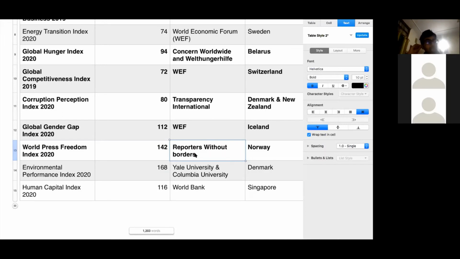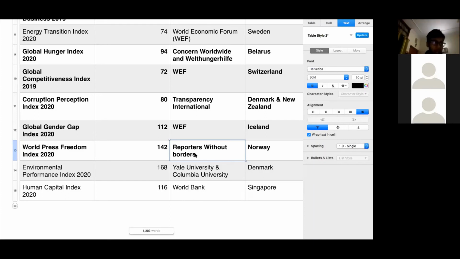And its 2020 edition had India's rank as 142, which is a very dismal ranking, because for journalists and reporters, India has not been a very favorable and handy place in the last some time, and its ranking has been going down. Again, a lot of sections of Indian media and the Indian government say that this is not a very accurate ranking, and the methodology and the data collection and the facts on which this is based can be doubted, and there are some suspicions related to that. So there has been a fair level of controversy related to this ranking as well.